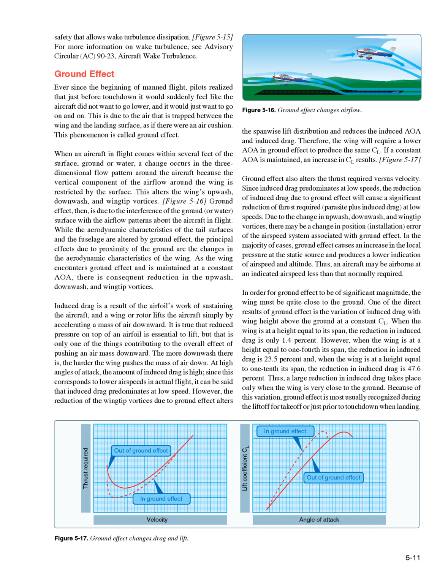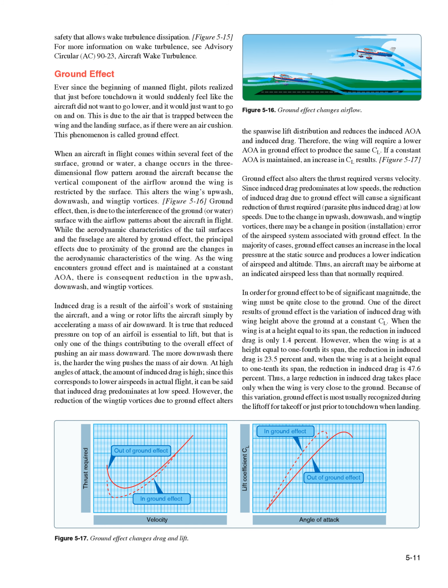Ground effect. Ever since the beginning of manned flight, pilots realized that just before touchdown it would suddenly feel like the aircraft did not want to go lower, and it would just want to go on and on. This is due to the air that is trapped between the wing and the landing surface, as if there were an air cushion. This phenomenon is called ground effect. When an aircraft in flight comes within several feet of the surface,